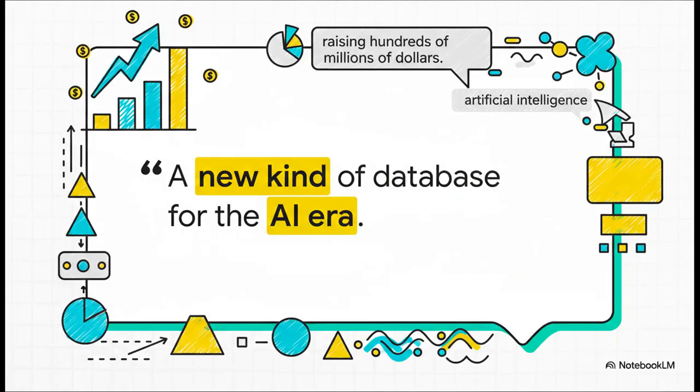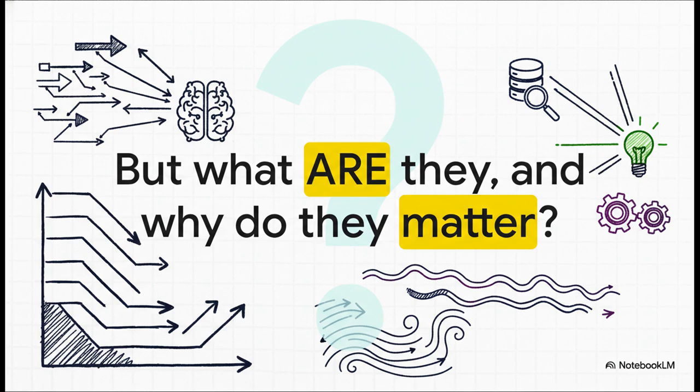And look, this isn't just hype or some tech buzzword. Companies are literally raising hundreds of millions of dollars to build this stuff, and for a really good reason. It's being called the essential database for this new age of artificial intelligence. So that's the big question, right? In this explainer, we are going to get right into it. What a vector database actually is, the magic of how it works, and why it's so incredibly critical for the